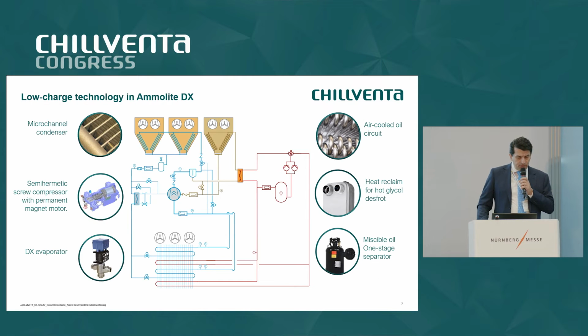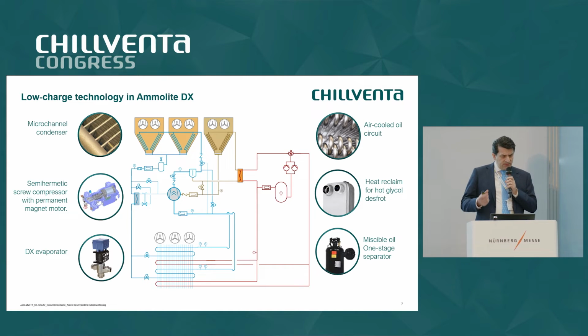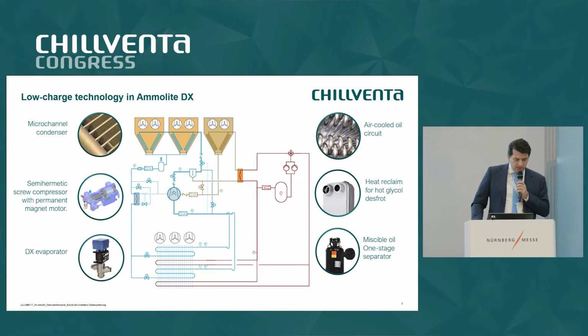I'll talk about the low-charge technology in distributed direct expansion systems. This is a typical P&ID of a direct expansion system. This is quite new, actually, because we started with a system like this one year ago, and we have very good results. The technology behind is what you can see here. We use the microchannel condenser. It's a dry condenser, which is also very interesting compared to the evaporative condensers. We use semi-hermetic screw compressors with a permanent magnet motor,